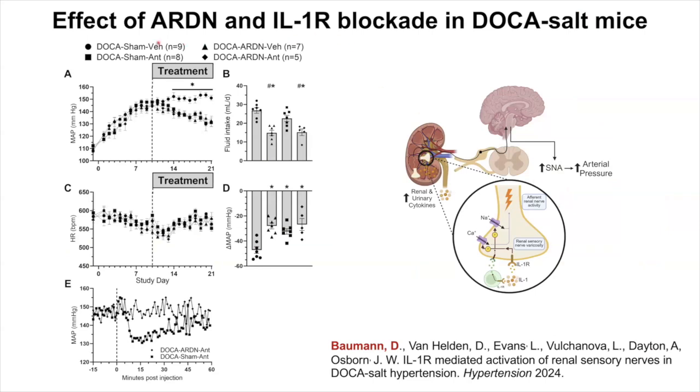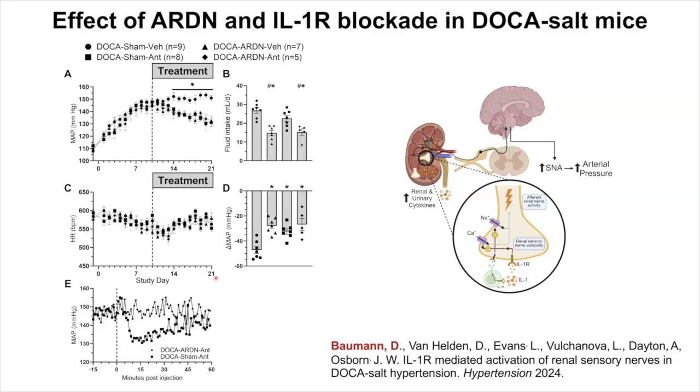So this is showing here, again, the DOCA salt model, blood pressure going from about 110 up to 150. If you give afferent renal denervation, or the antagonist, so this is the anakinra right here in the squares, you drop blood pressure here by blocking the IL-1 receptor. If you do only afferent denervation, it's the exact same response. And if you put afferent denervation and the antagonist together, it's the exact same response. So that fits with the hypothesis that blocking IL-1 is reducing blood pressure by an interaction of the afferent renal